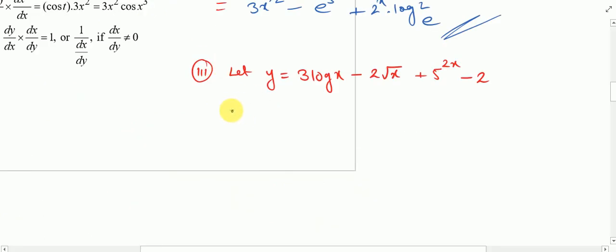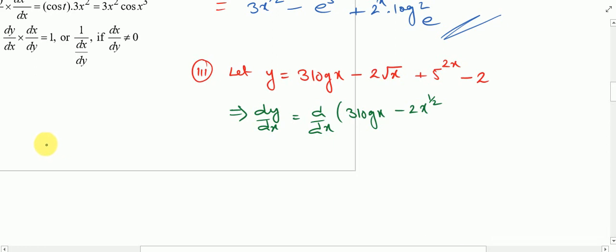So dy upon dx, you can write like this. Now instead of root x, can I write like this? x to the power this. Yes, you should remember that